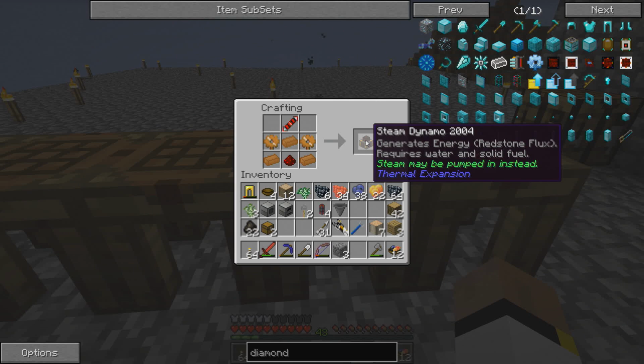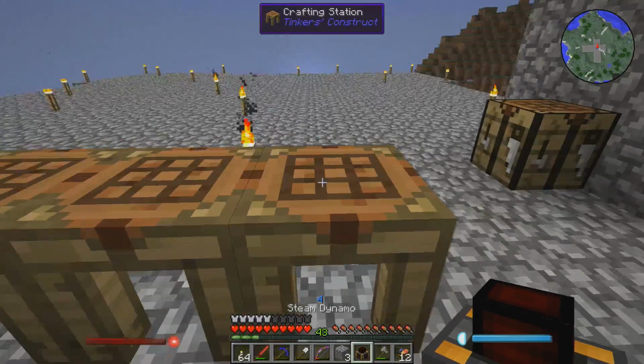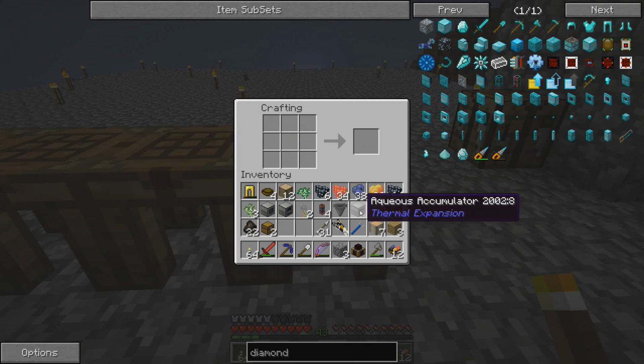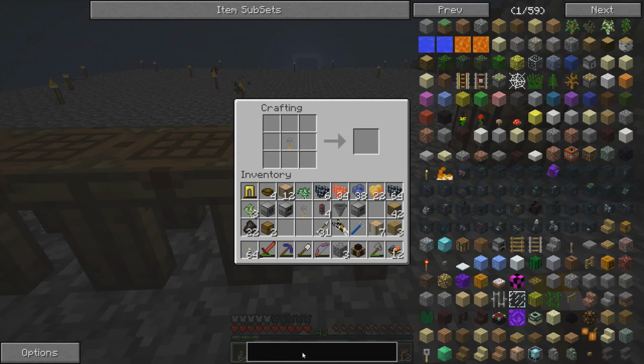Steam dynamo, I'm pressing shift here. It's basically a steam engine. So water and solid fuel, which we've got charcoal and wood. So, and then we'll get water. So how do we get water? An aqueous accumulator. I love these things. They're super fantastic. So now, other than the trap chest, which let's figure out what that